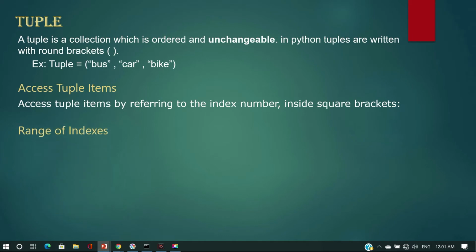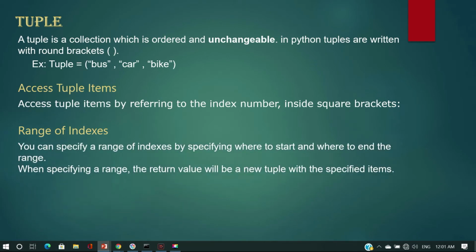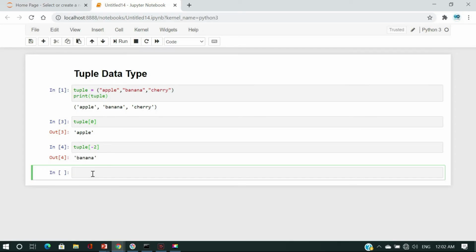The next one is range of indexes. You can specify a range of indexes by specifying where to start and where to end the range. When specifying a range, the return value will be a new tuple with the specified items. It means you specify the index value to start, and the index value where it should end. For example, we have tuple values. I want to print only the banana value.